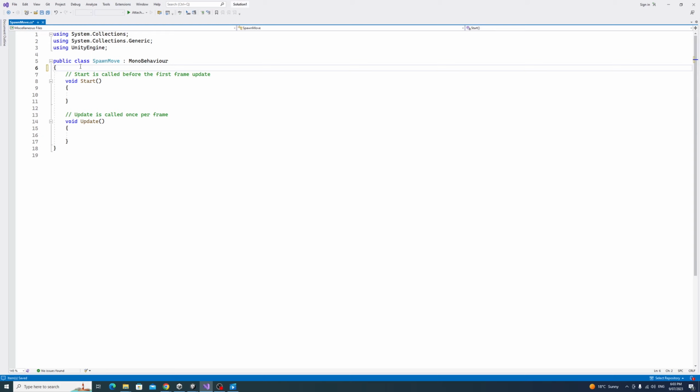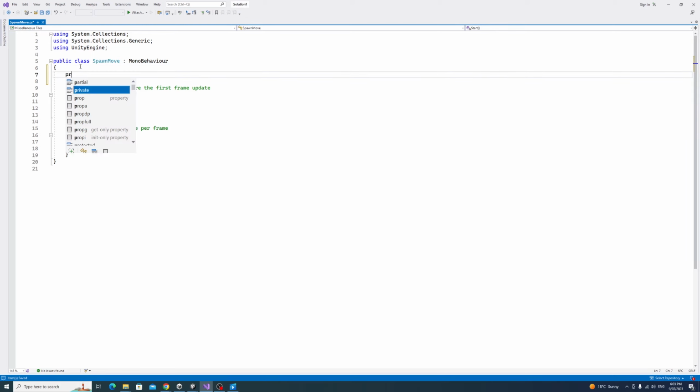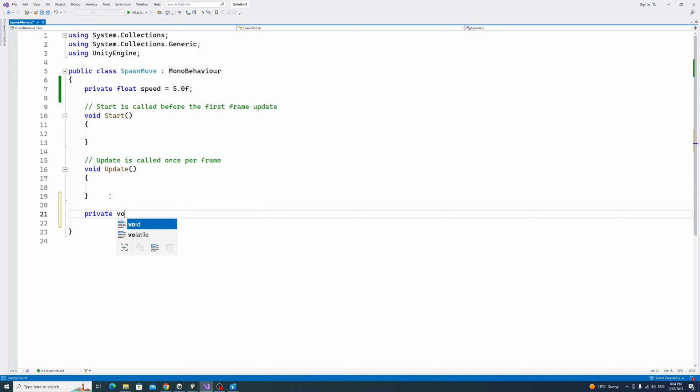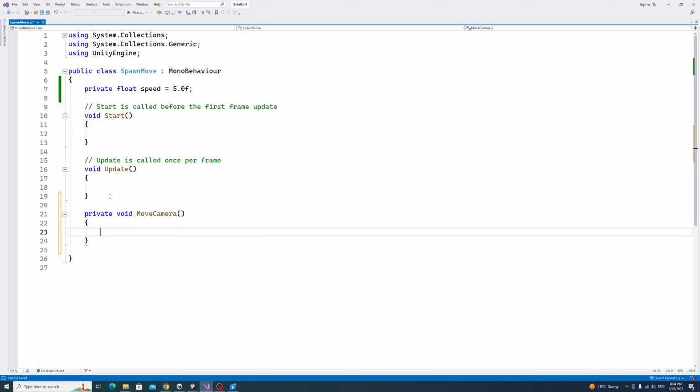Let's create a private float variable to control the speed of the camera. Let's set the speed to 5. private float speed = 5.0f; for the float and semicolon. Let's create a new private method of type void because we don't want it to return anything. Let's call the method MoveCamera. private void MoveCamera(), open and closing parentheses, and then the opening and closing curly brackets to define the body of